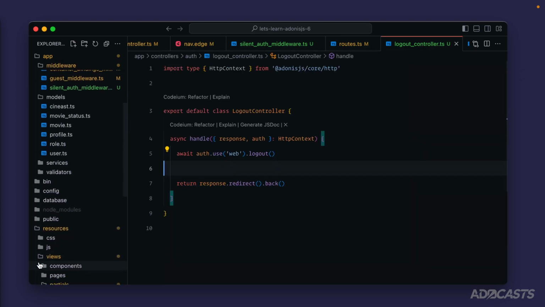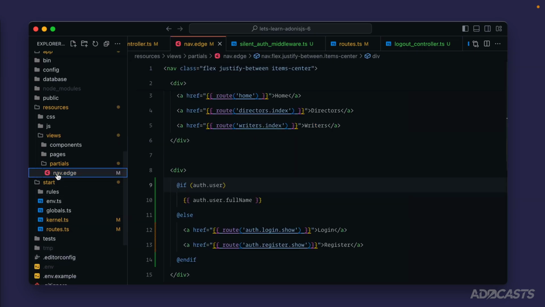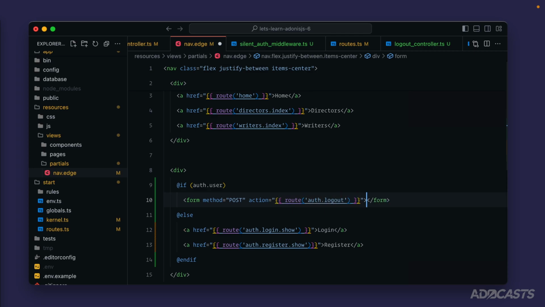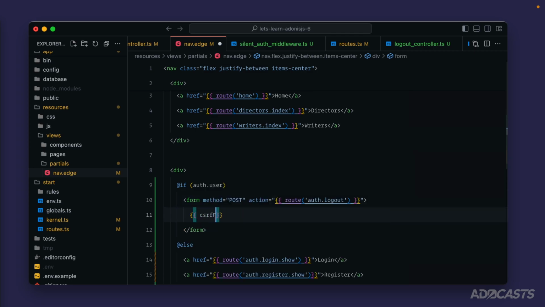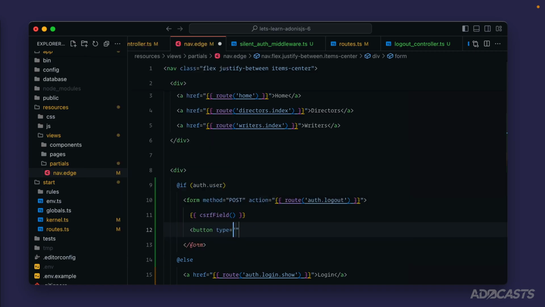Lastly, let's dive back into our resources, navigation file, and let's apply a form for this auth full name here. So we'll do form method equals post. Our action is going to be our route auth.logout. Let's end our form, apply that CSRF field. And then let's do a button of type submit so that our form submits whenever we click this button,